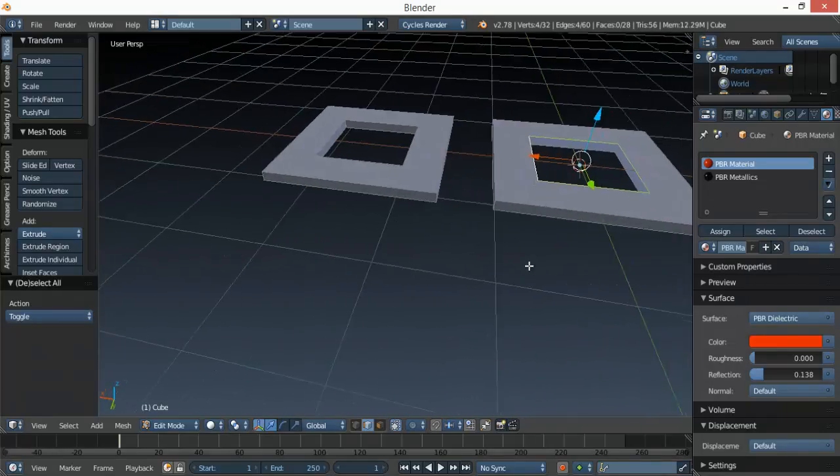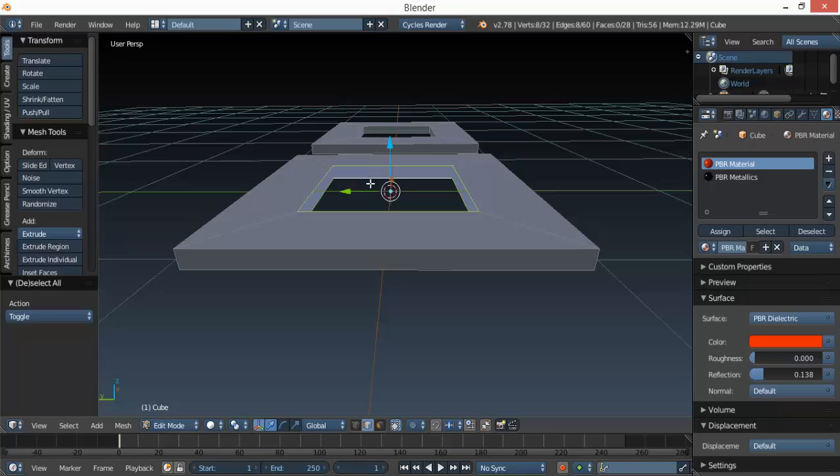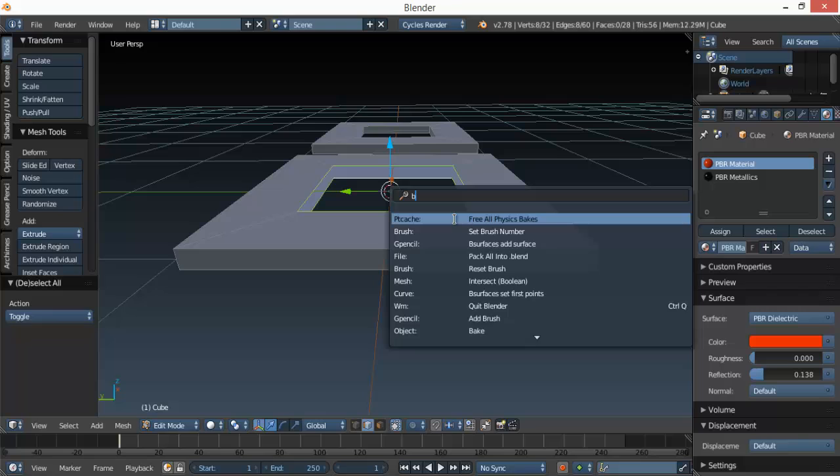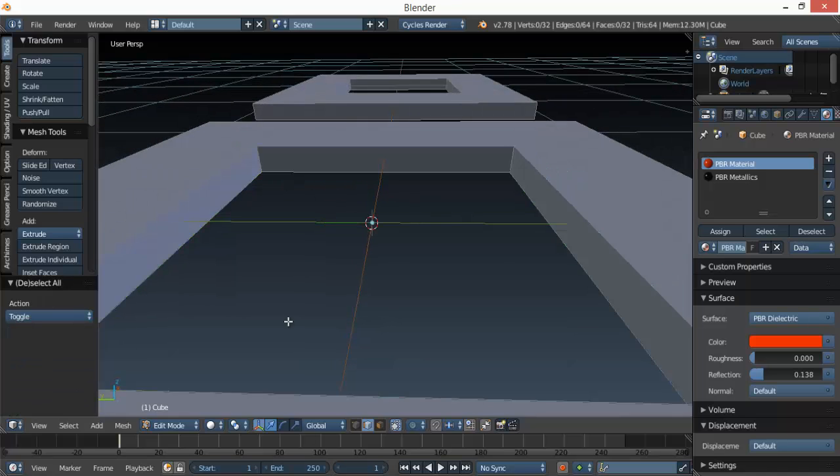While you're in these modes, you can select the top and the bottom, hit the space bar, and type in bridge. The first one here, Bridge Edge Loops, click on it, and you've looped together all of